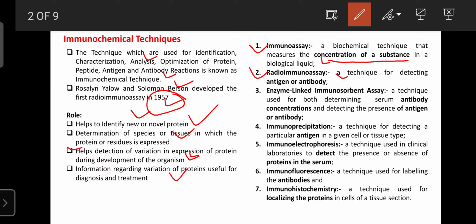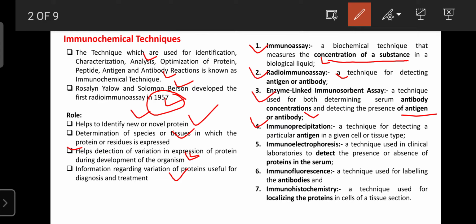It is a technique used for both determining the serum antibody concentration as well as detecting the presence of antigen and antibody. That is helpful for the diagnosis of various infectious diseases, and also to monitor or determine endocrine diseases or disorders. So next one, that is the